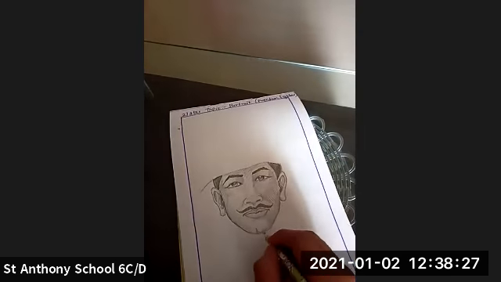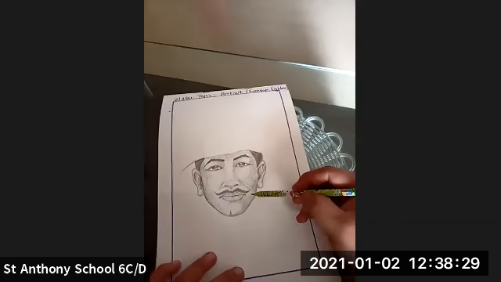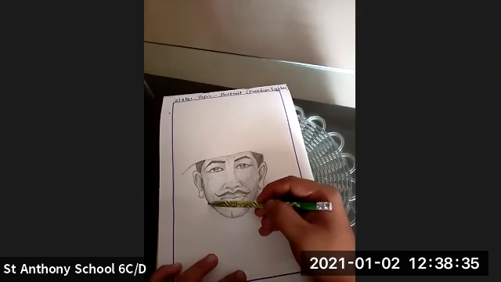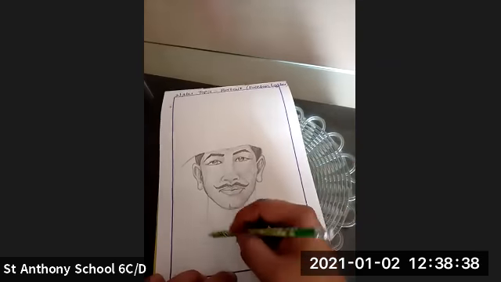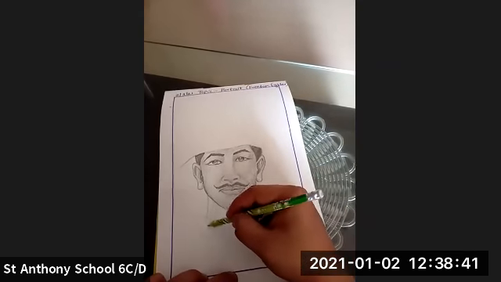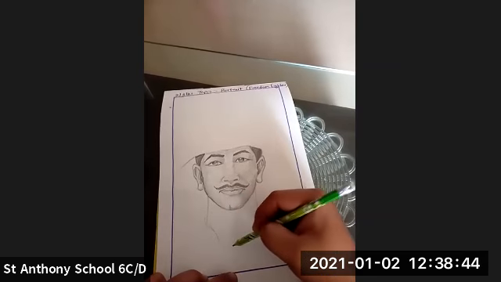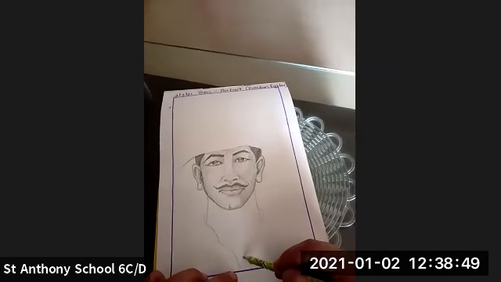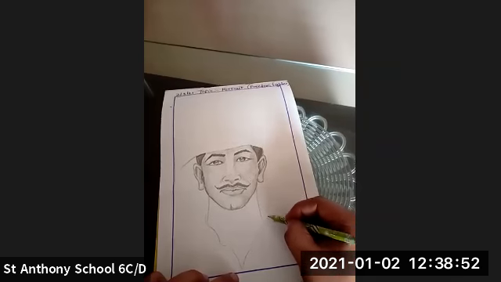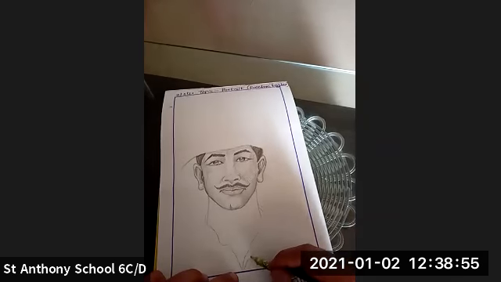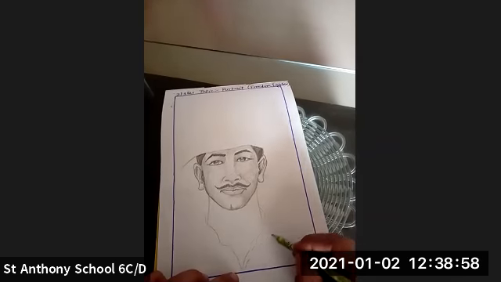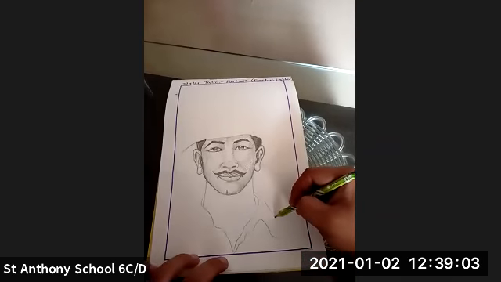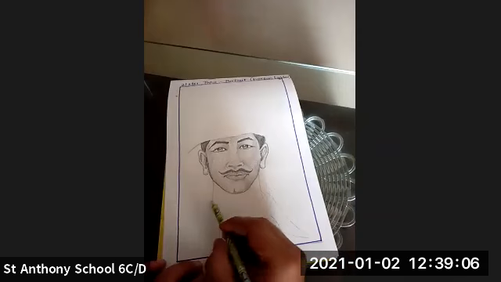So this is how you're going to do it. Just look at this. After doing this from here, this is your neck part. Yes, this is your neck. This is the neck where we are going to start making this. And now here comes the shirt. Yes, this is the shirt part, and here we are going to make the shirt. This is the collar of the shirt. Yes, this was the collar of the shirt in this way.